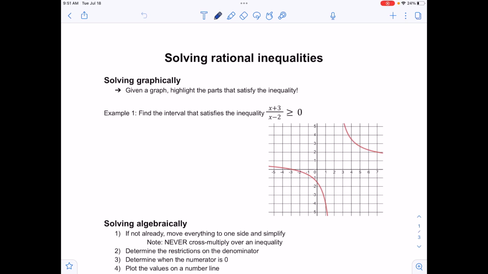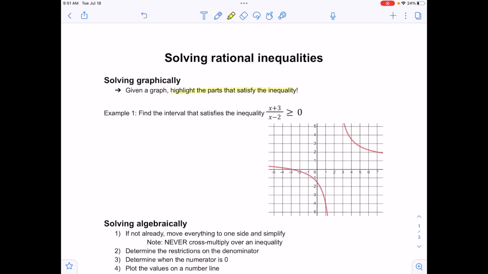Okay, let's talk now about solving rational inequalities. There's two types of questions that you might be handed. One is on a graph and the other is algebraically. Graphically, it's pretty easy. You quite simply just look at the graph and you're just going to highlight the parts